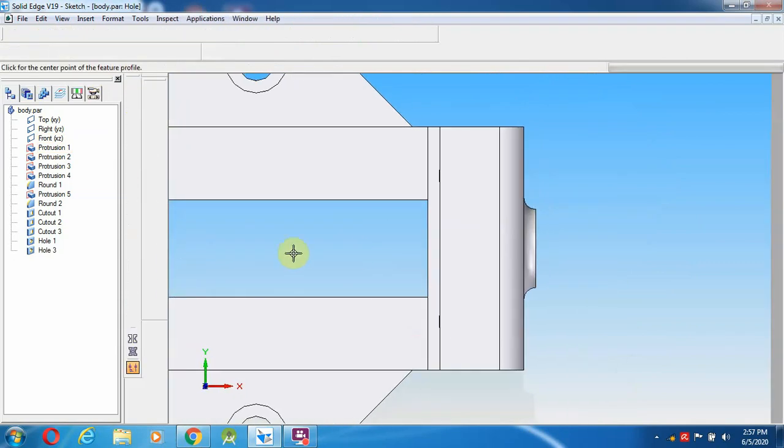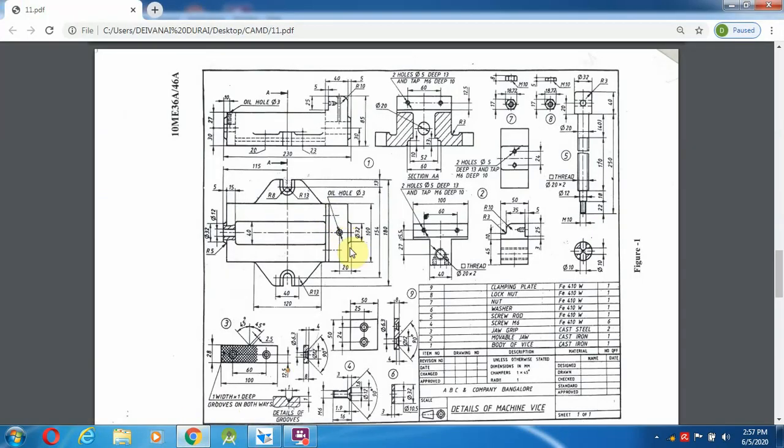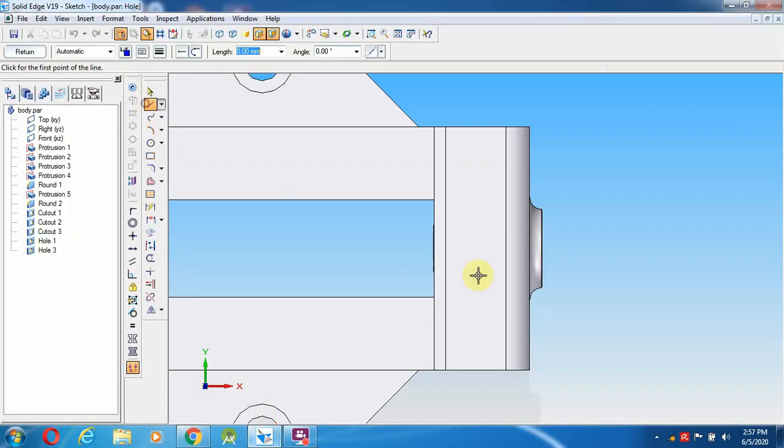Circle top. So from here to 20 mm distance, the same thing. Select a line.